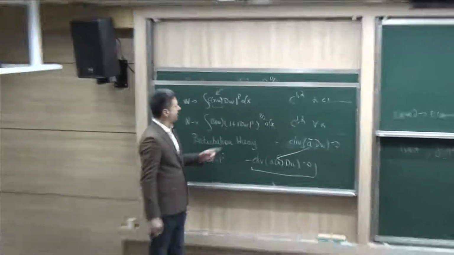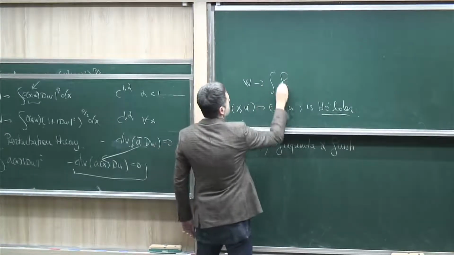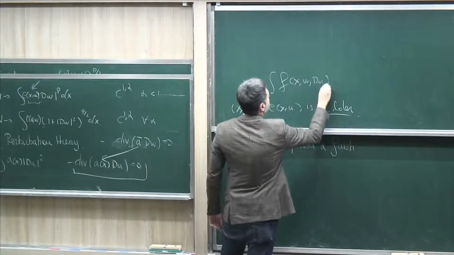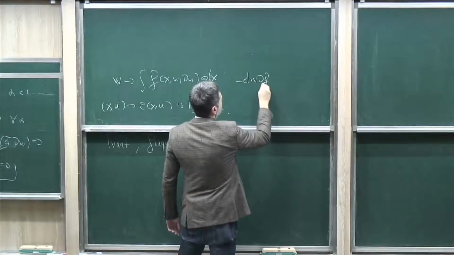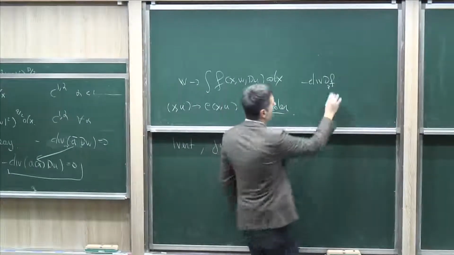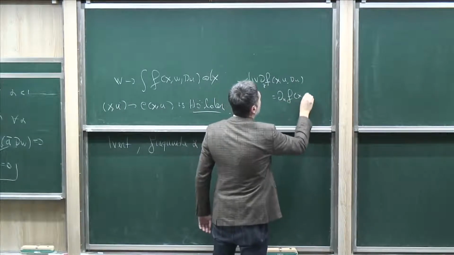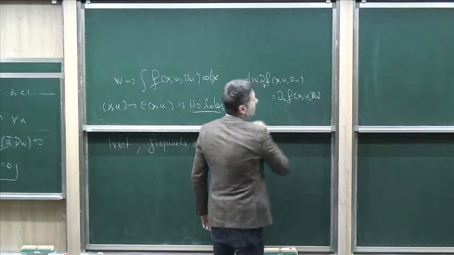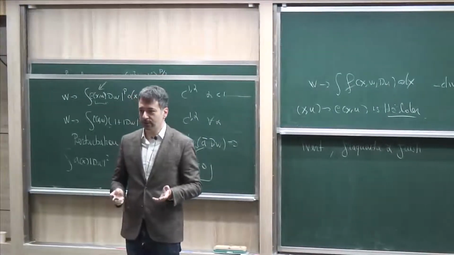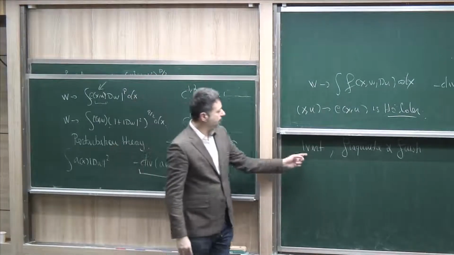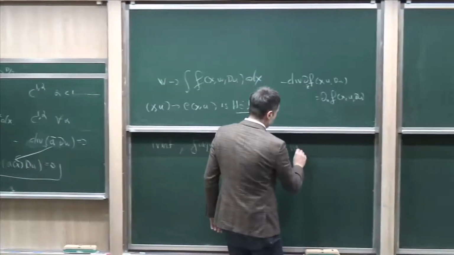You see, the Euler-Lagrange equation of a functional like this is formally the following: minus divergence of f_z, the derivative with respect to the gradient variable, at (x, u, Du), equals the derivative with respect to the u variable, this. But if the dependence on x is Hölder continuous, then you don't have the Euler-Lagrange equation. On the other hand, the theory invented by these people in these papers at the beginning of the 80s provides a variational perturbation method